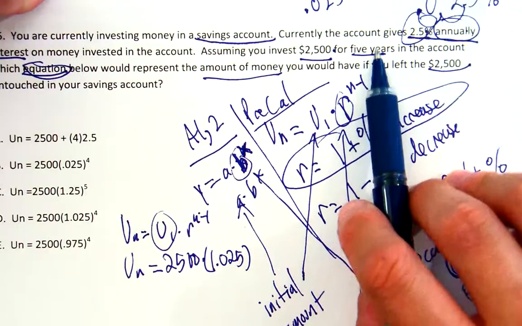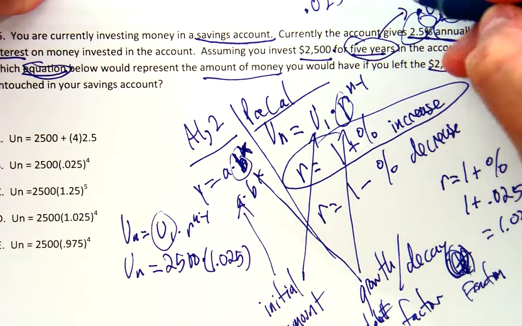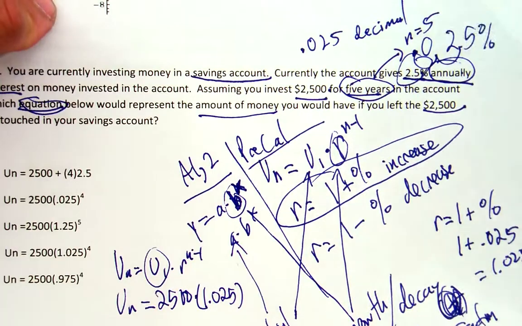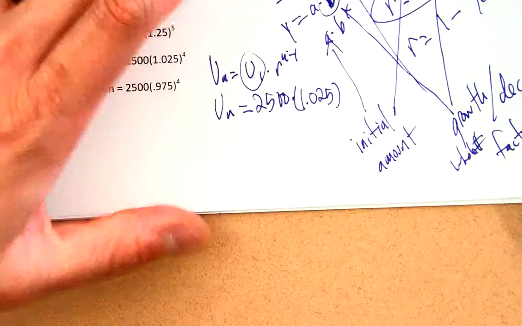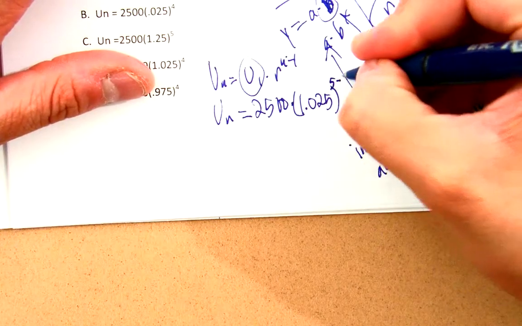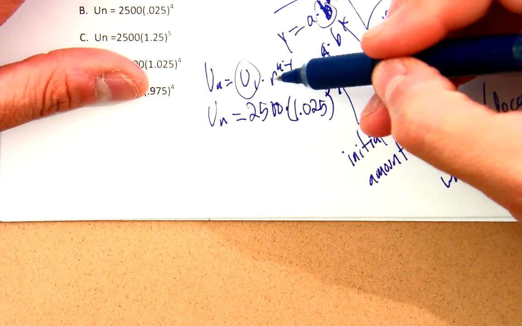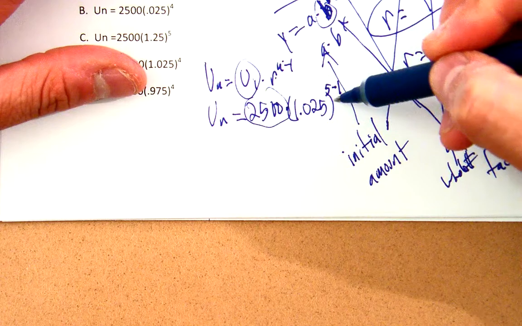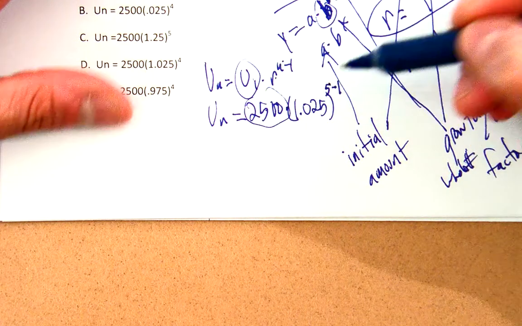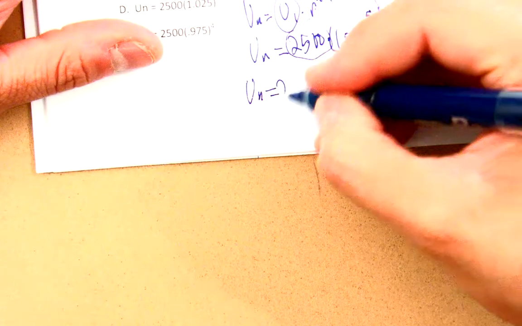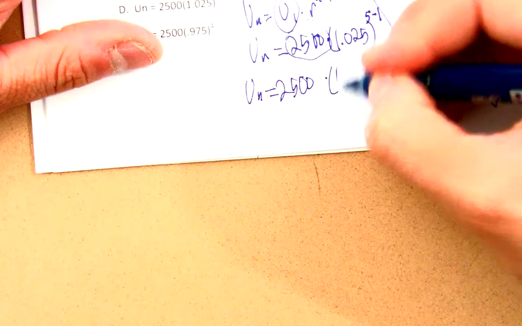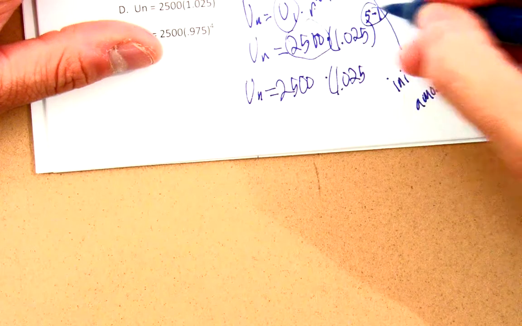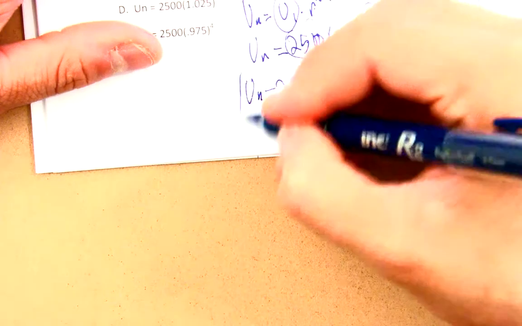So in this case, I want how much is left after 5 years here. So this means my n is 5. So then we go back here and it's going to be to the 5 minus 1. Why? Because if I plug this in, U1 is 2,500, r is 1.025, and then n is 5. So I simplify this, so Un equals 2,500 times 1.025 to the 5 minus 1, which is 4. Here we go. This is our final answer, which is